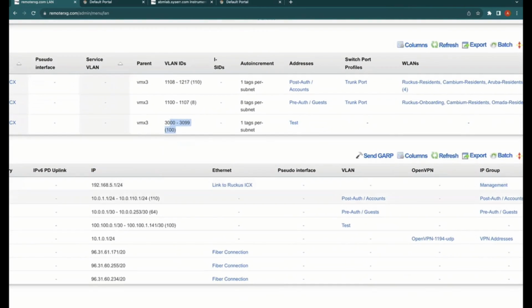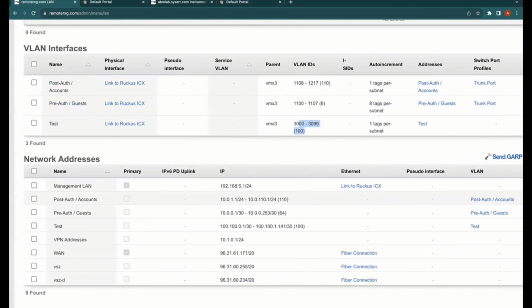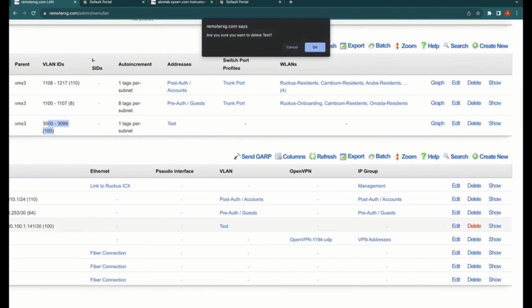One of the things that I didn't do, and I'm going to delete this and recreate it because I wanted to show that as well, because that's part of the second demo, since we skipped the first one there. So if I delete test,